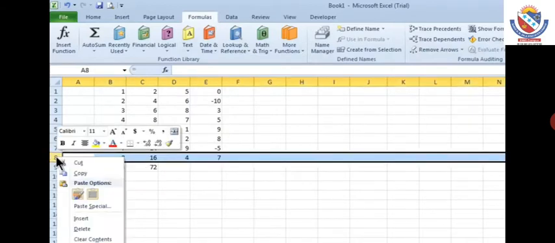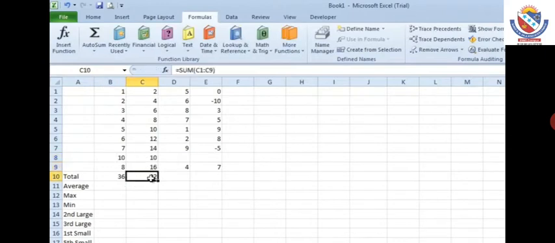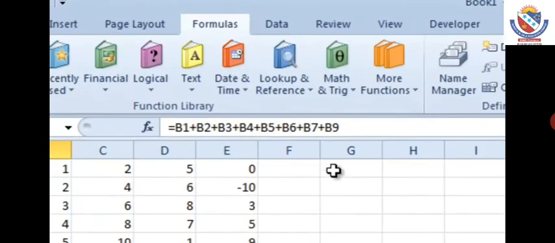Automatically the sum function performs the sum operation. Here you can insert any row or any column, and the changes will automatically appear in your total cell.